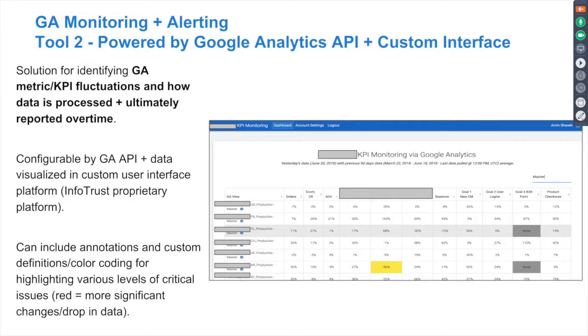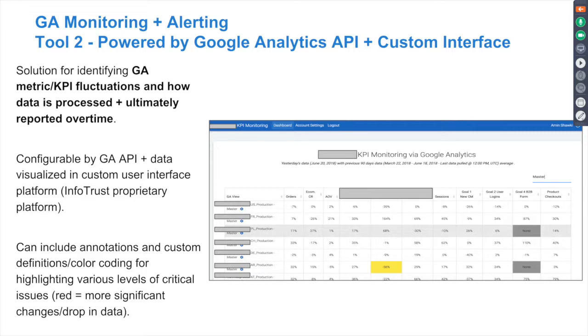But sometimes there's something that happens in Google Analytics configuration that might cause the data to drop or change. Or on the flip side, maybe a campaign was launched for a few markets or sites and there was a massive increase. And without checking analytics daily, with lots of hours spent, you might miss these fluctuations in traffic.